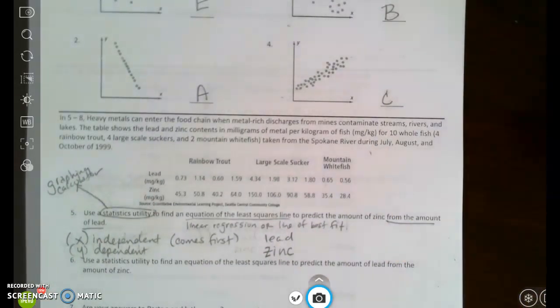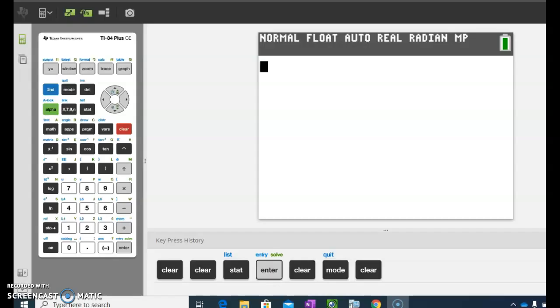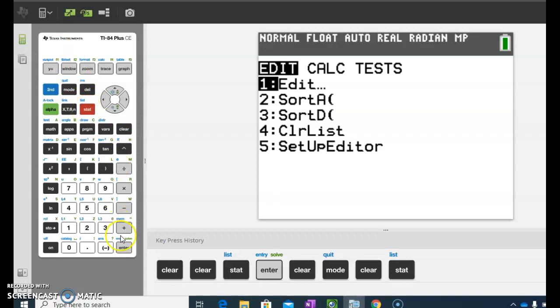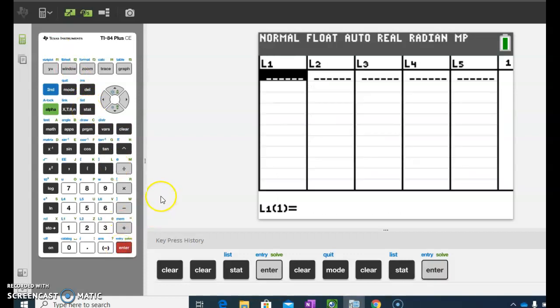into my graphing calculator. All right, so I'm on my graphing calculator, and I'm going to be putting my lead in as my independent, or X, and my zinc in for my dependent, or Y. So in order to enter data into the calculator, I need to go to Stat and Edit, so I hit Enter here. And L1, list 1, is my independent variable, and this is where I'm going to type in my